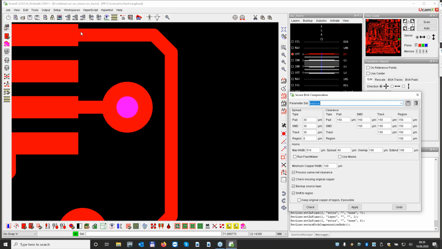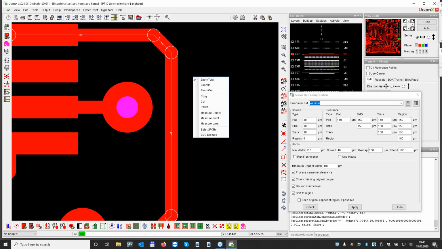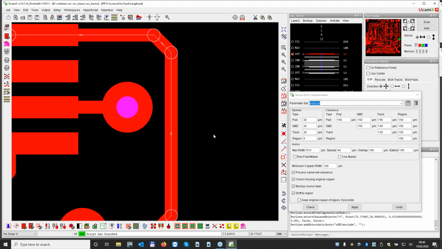And what I want to do now, let me think, it was the impedance tracks. So this track is an impedance track. I select this track, and I do a little trick, I'm doing the demo here. I can use my right mouse button and say, okay, I want to exclude this from my spreading.